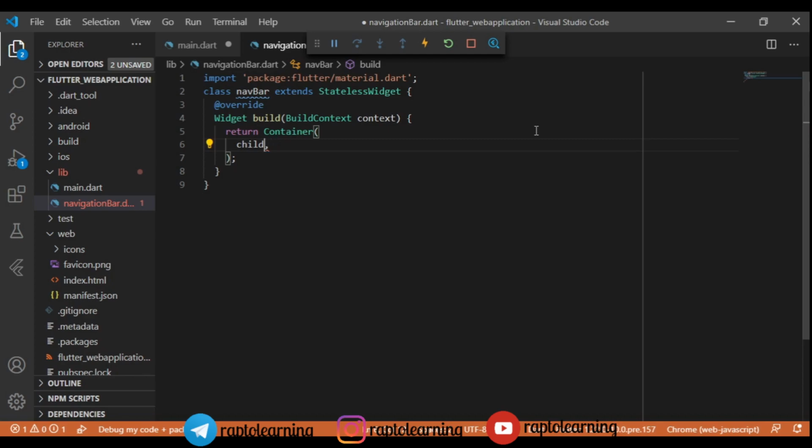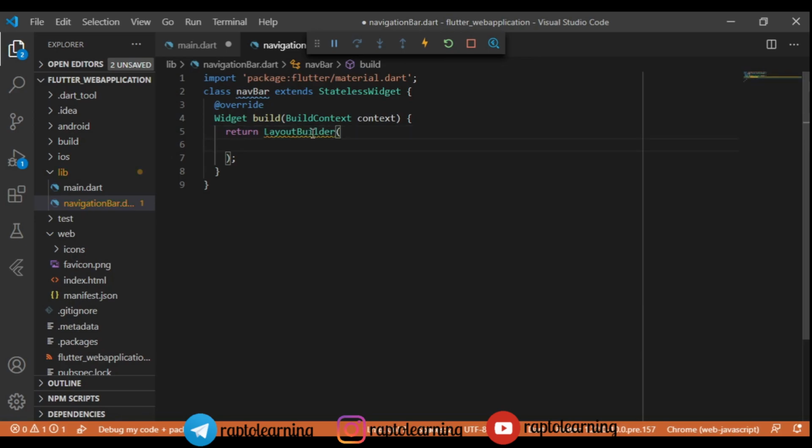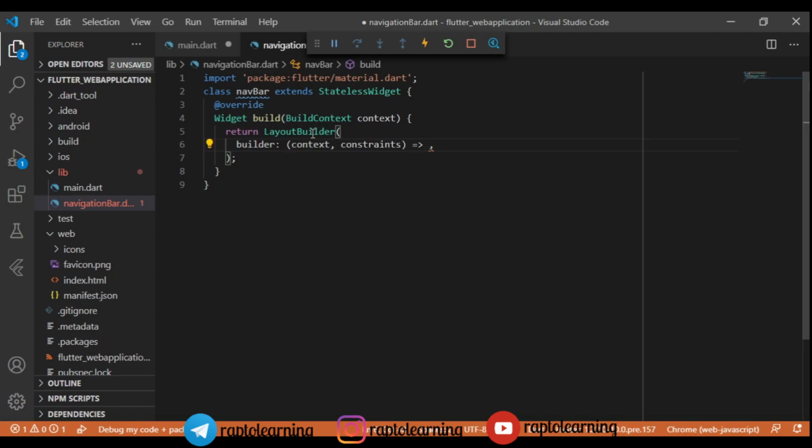We have to give a customized navigation bar for desktop and for mobile. If you are using a small screen, then we have to give a different navigation bar, right? So we will add a LayoutBuilder to our navigation bar, and this layout builder will return two types of navigation bar. First will be the desktop, and second will be for the smaller screen. We'll just write a builder, and then context and constraints. We are going to work on the screen size, and it will give us the screen size, right?